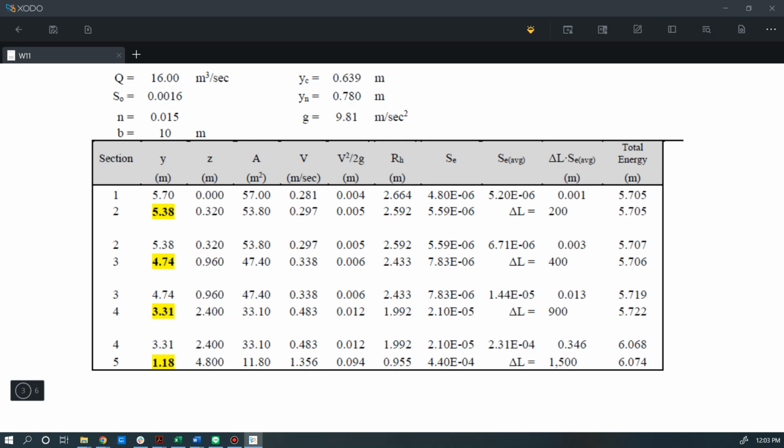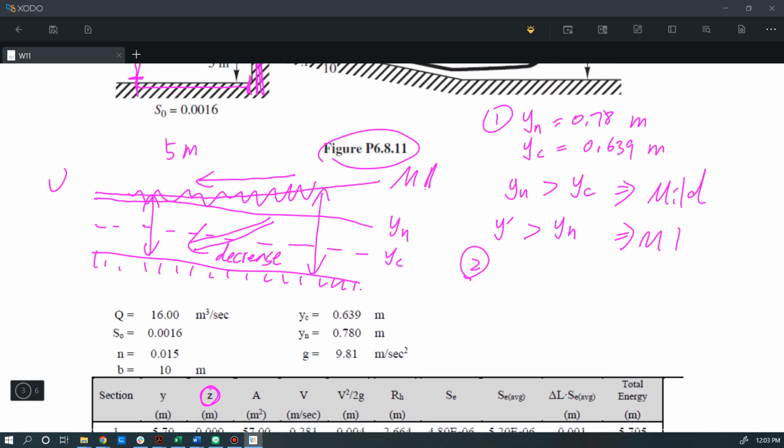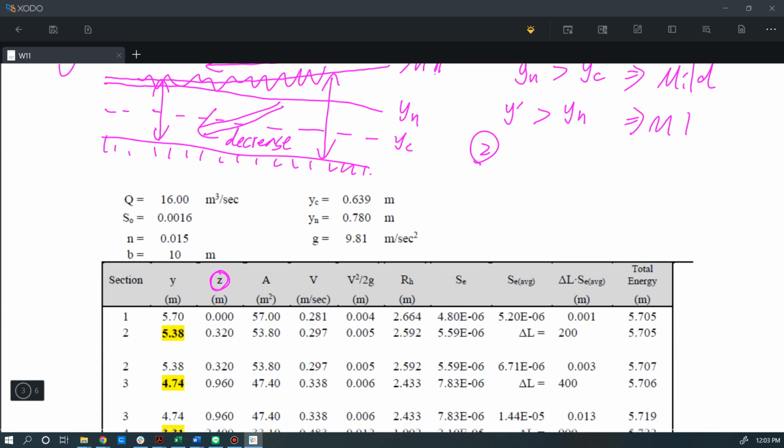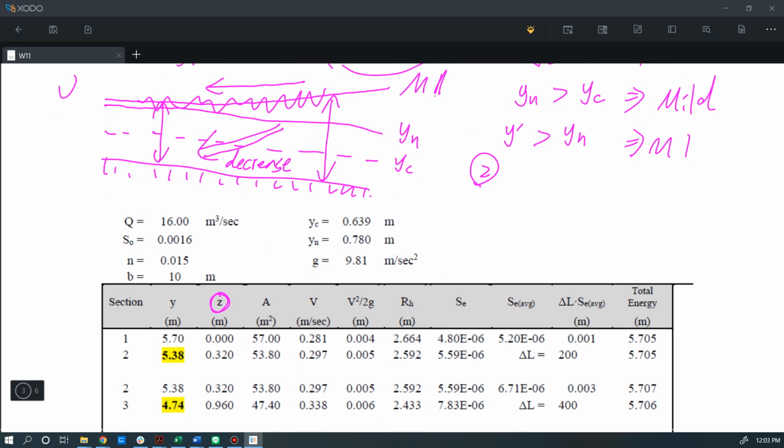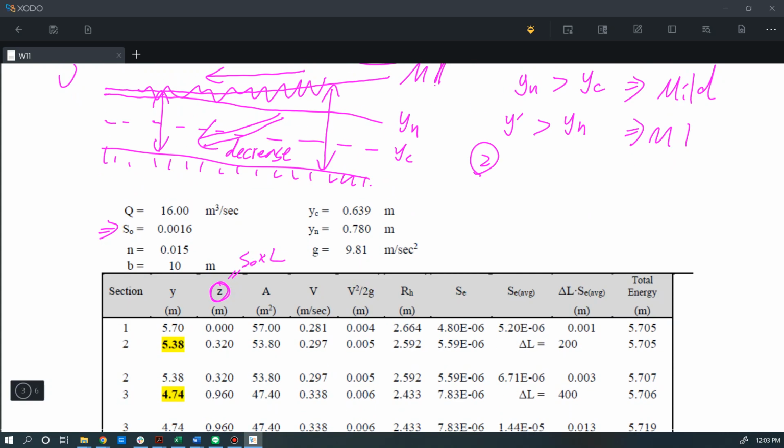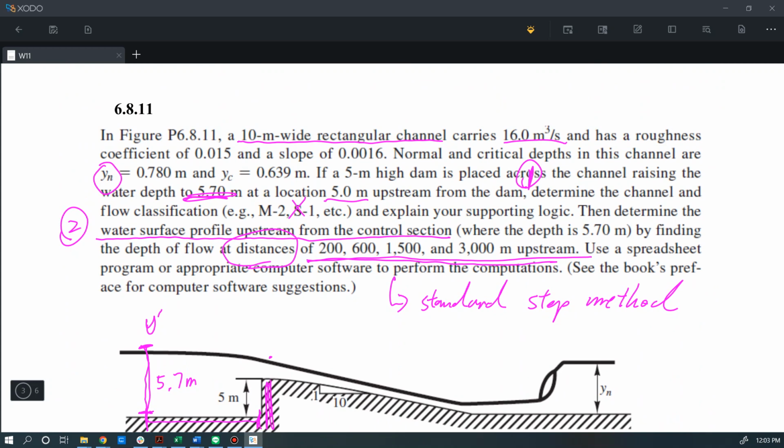The only two things that you need to modify is this z, because you need to calculate the elevation by using the slope and the distance. So z is equal to the slope times the distance L. Okay, and because here we have a rectangular channel,